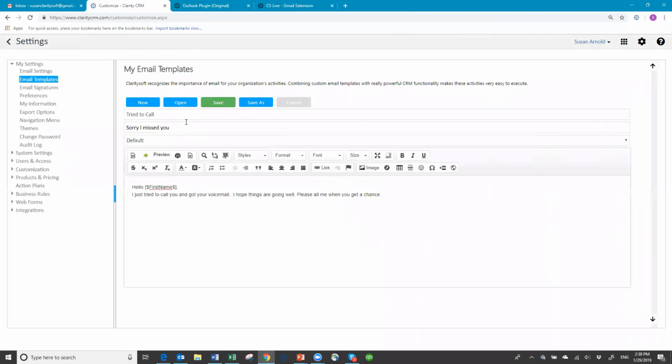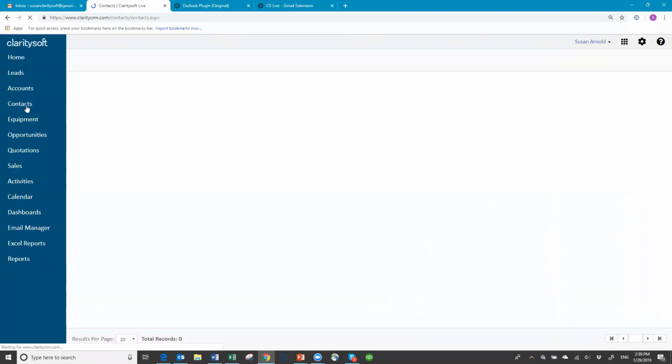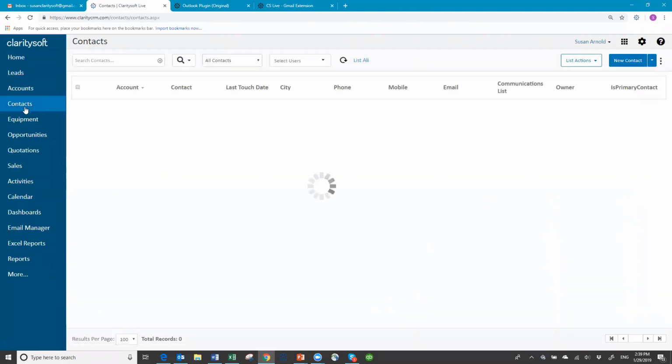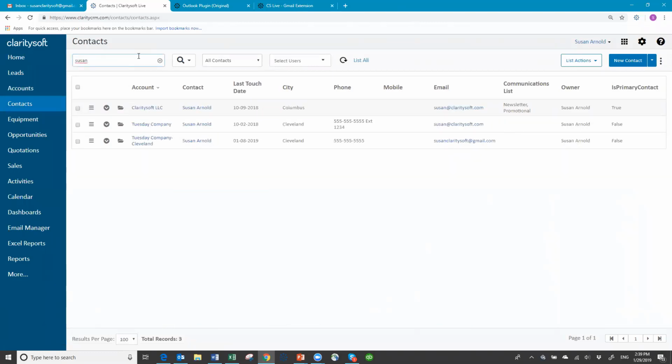We're going to go up here and save it. And we now have a new template. So let's go back to the database. Now, to email a person, so for example, if I'm working with Susan, let's say I tried to call her and I left her a voicemail, so I want to shoot her that email to say, you know, I tried to call. So I can go to her record